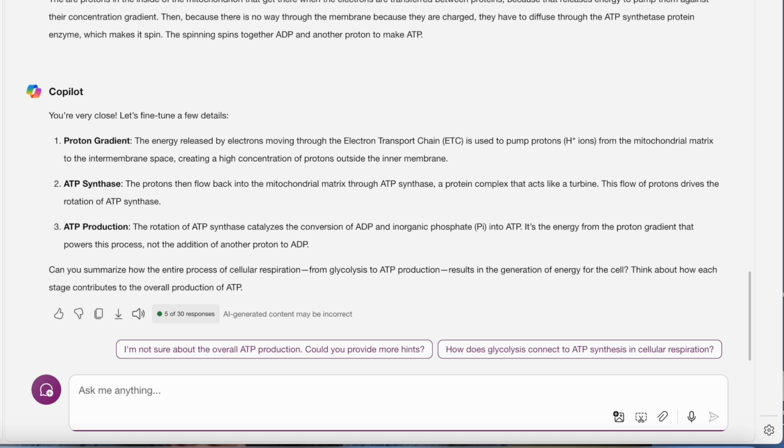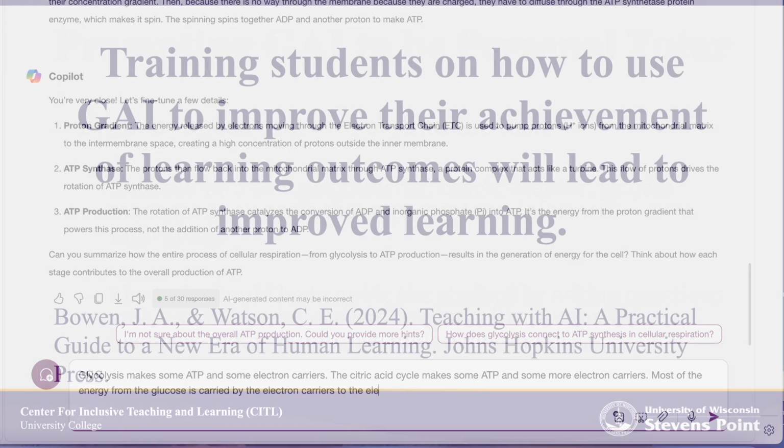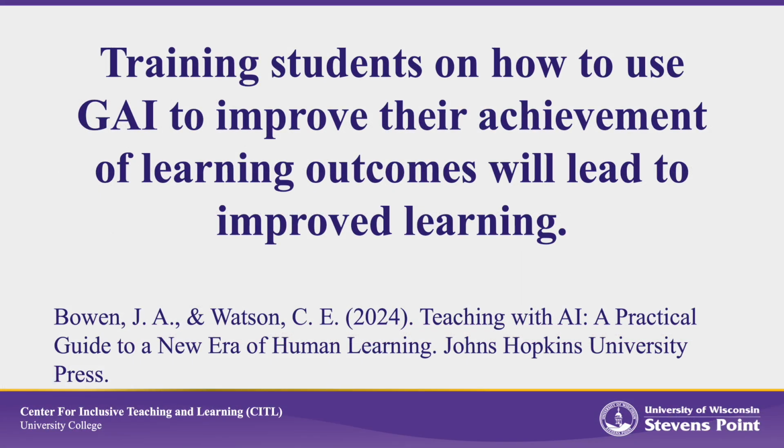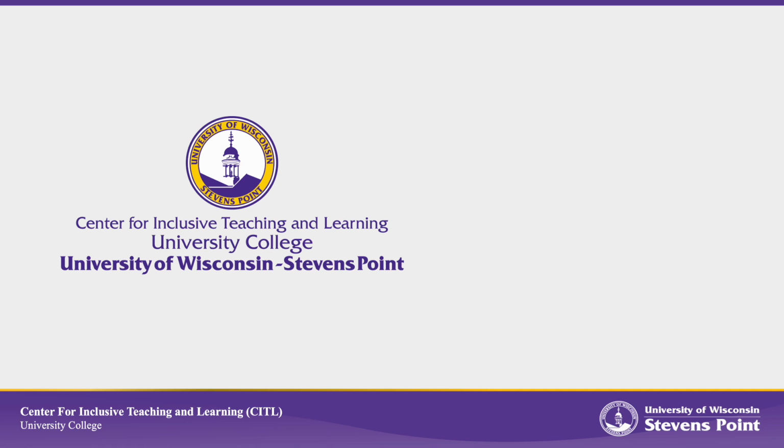If students know what the learning goal is that they're expected to reach, then using AI in this capacity can help them reach that goal. Training students on how to use generative artificial intelligence to improve their achievement of learning outcomes will lead to improved learning in your course. And that's this week's teaching tip, brought to you by the Center for Inclusive Teaching and